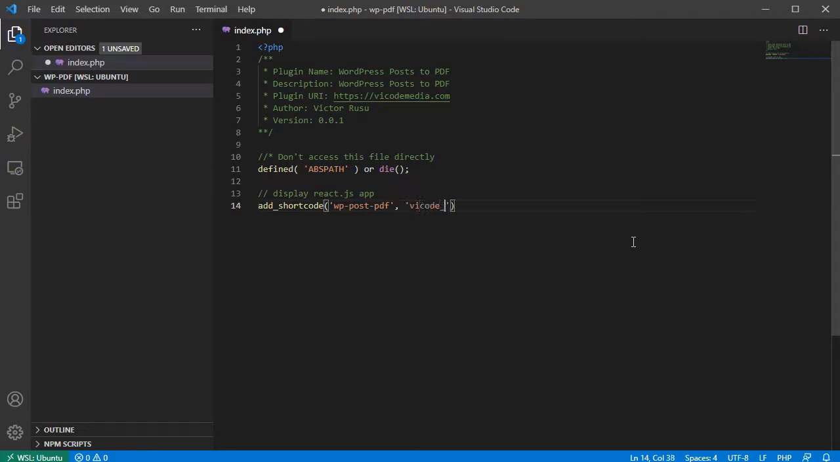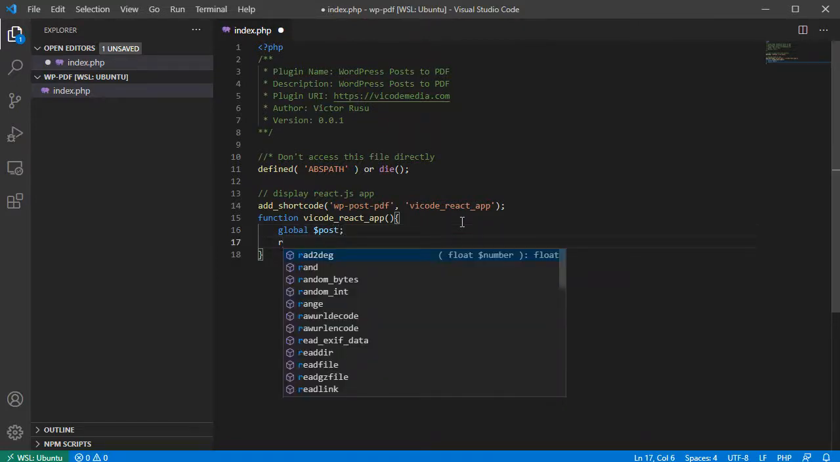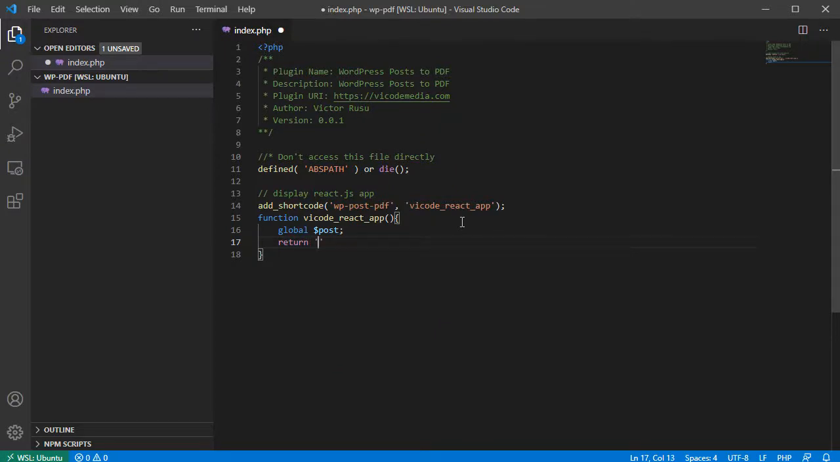So the function is going to be vycode_react_app. Okay, and then here is the function. The function is called vycode like this. I'm not going to have any parameters, and here I'm going to grab just the global variable, the post global variable, once we grab the post ID from here, and I'm going to have a return. And here's where I'm going to paste my React.js app div ID root and some of the files that I want